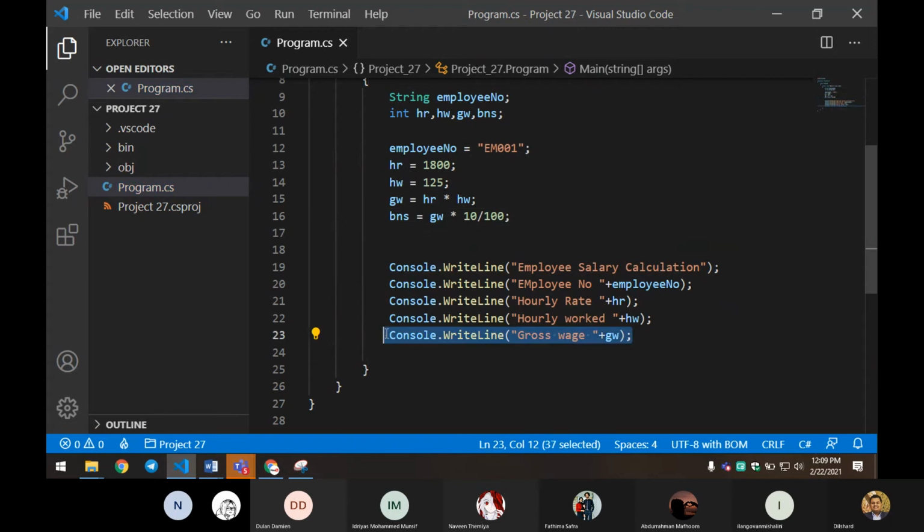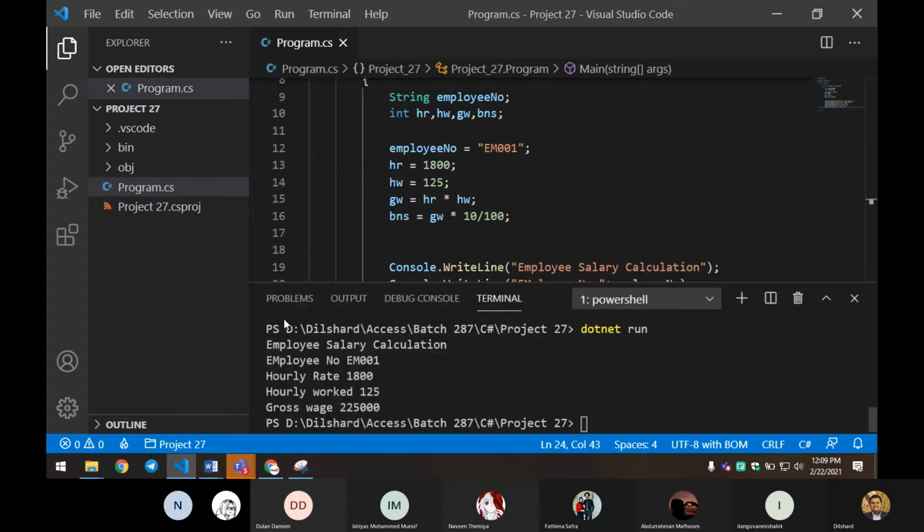And we have to call that also here. There is no difference. So we have to say bonus, BNS. Now if I run the program,